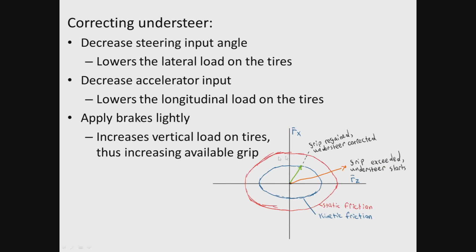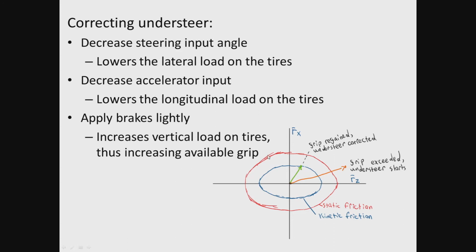If this red line is the amount of static friction you're capable of generating, this is in play when the wheel is still in good contact with the ground and the tire is not slipping. If you exceed this line, let's say at this orange point down here, where you try to generate a force larger than you're capable of at static friction, the tire is going to begin to slip. Now you're being restricted by kinetic friction instead. You have to lower the load being applied to those tires below the kinetic friction limit in order to regain that grip, at which point you can go back up to the static friction limit again. So it's a game of exceeding it, dropping all the way down,